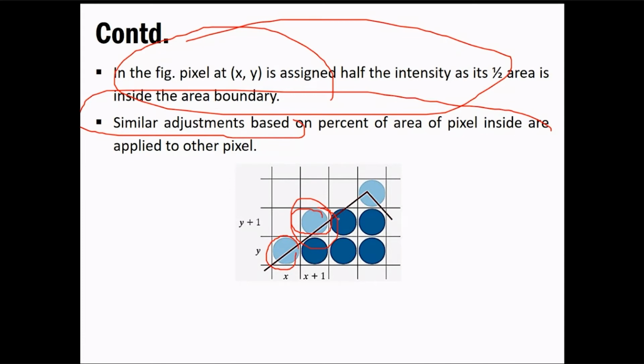Lower intensity means your particular pixel won't be illuminated that much, so your boundary would be blurred out, instead of the pixels that are completely inside. Over here we have this pixel, and as you can see, this pixel is completely inside that particular region, so you'd be giving it full intensity, instead of the neighboring pixel.